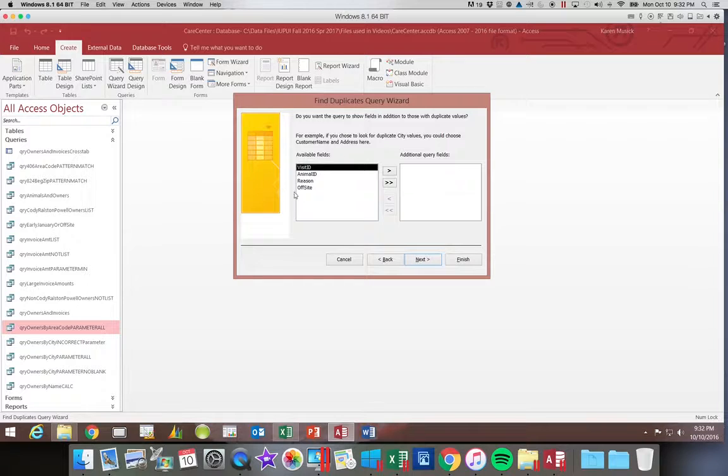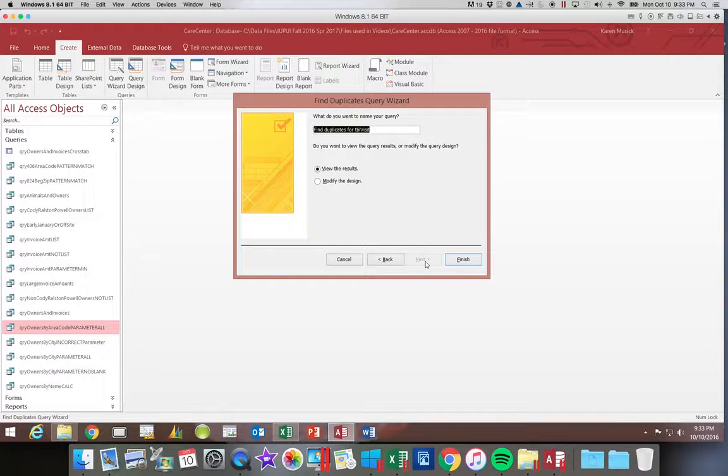Now, even though this screen looks the same as the last one, it has a very different explanation. It says, what information do you want to show in your query results in addition to the field that you already picked as a duplicate? So on this one, it's fine to say display all of the other fields and use the double arrow. Then we're going to say next, and we have to give it a name. So we're going to call this query duplicate visit